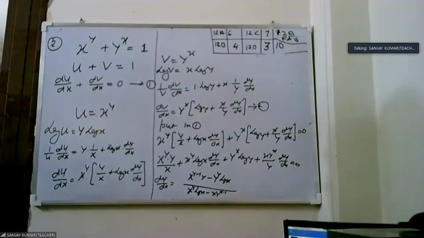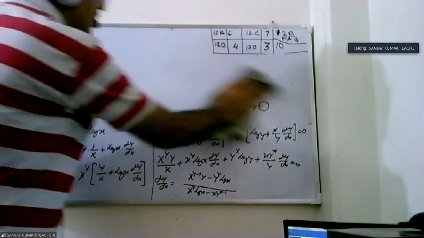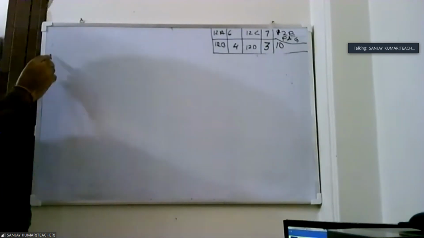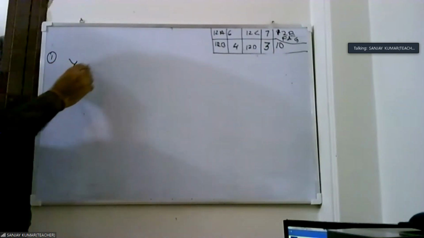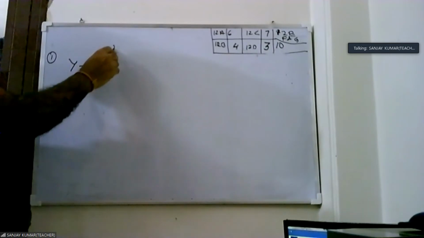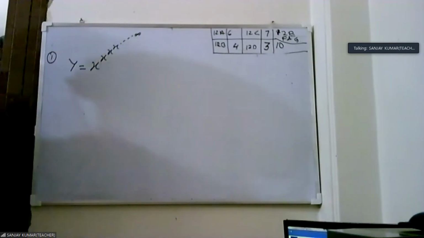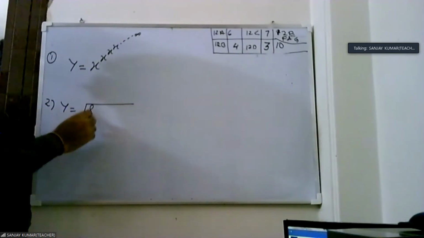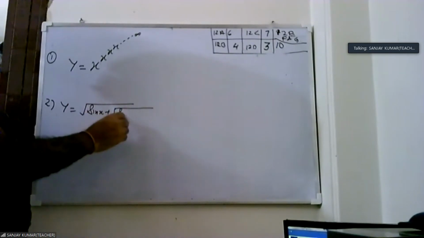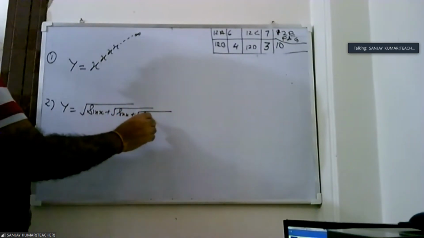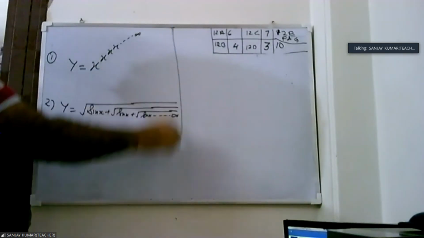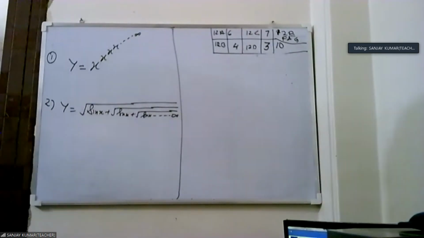So one type of question in log is not in NCERT, it is only in exemplar. These questions are only in exemplar; in NCERT they are not given. Okay, please see. These questions look very dramatic, but they are very easy questions. This is x raised to power infinity. Okay, the second question, y equals sin x plus root sin x plus root sin x and so on till infinity. These questions are only from exemplar. In RD they are given, but in your NCERT they are not given.